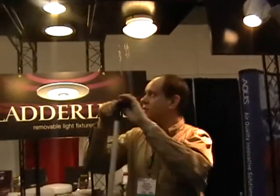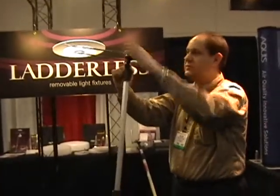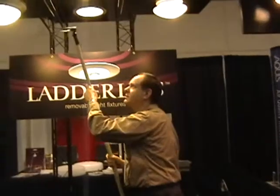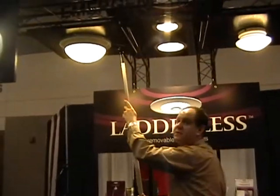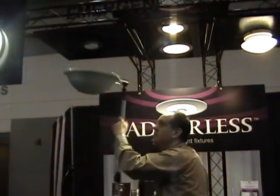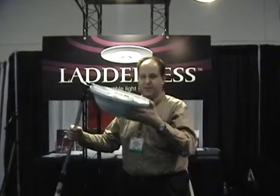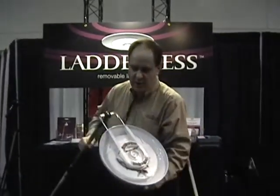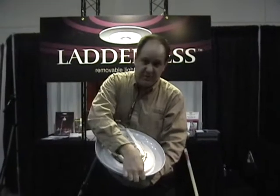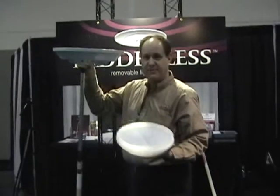It also works with decorative fixtures. This happens to be one of our new models, and it's the same concept. You take the tool, you insert it into the fixture, you pry it, and you've taken down the entire fixture, everything that's wrong. Now the neat thing about this fixture is the lens is held in place from the back. All you do is throw these 3 latches